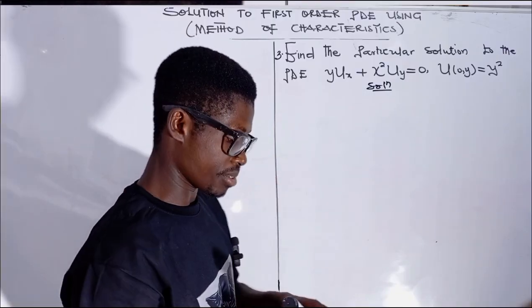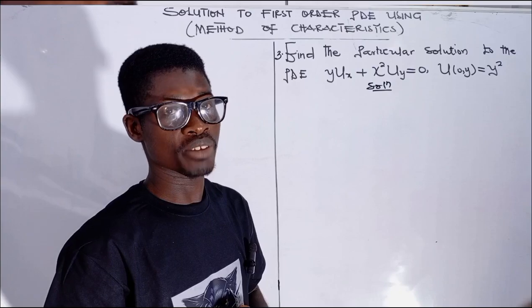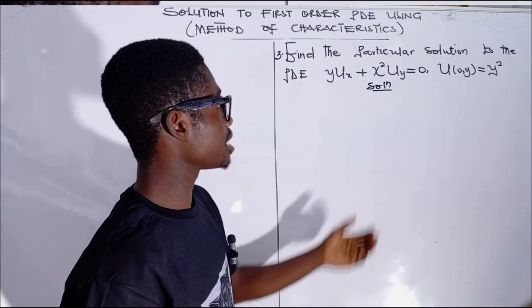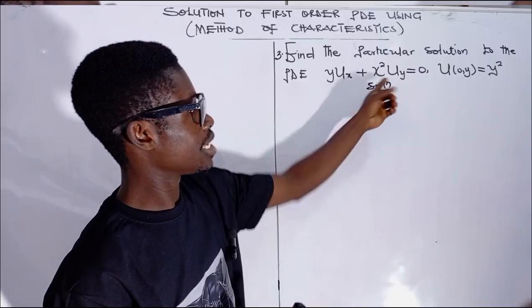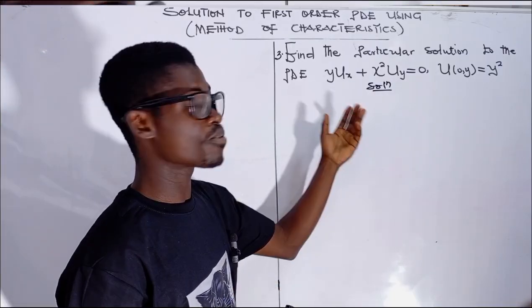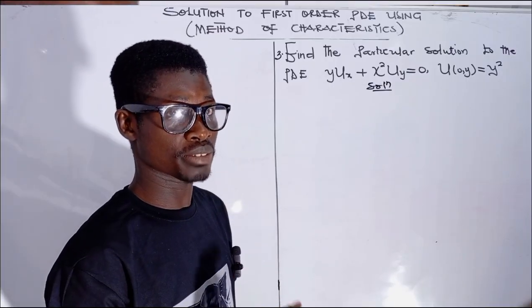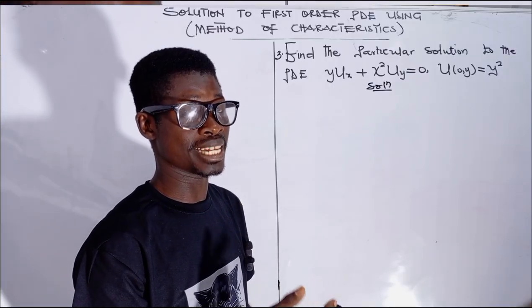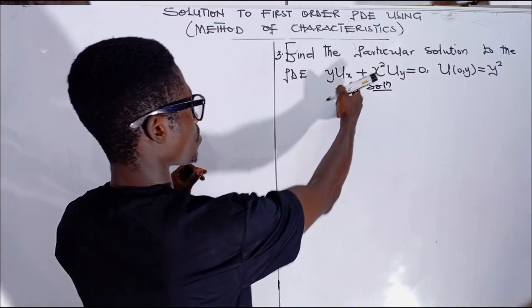So as I said in our previous lesson, with the steps that I outlined on the board, the first one says that we should write the PDE given in a standard form, and as you can see it is already in a standard form. And then once we are done, we form the characteristic equation from this PDE given. But first we have to identify our A, our B, and then our F from the PDE given. So here from this our A